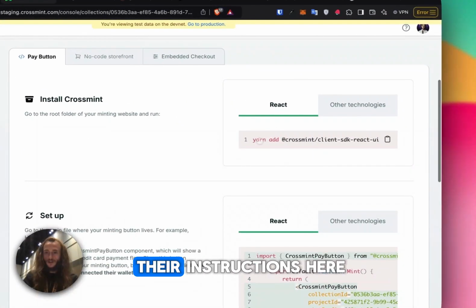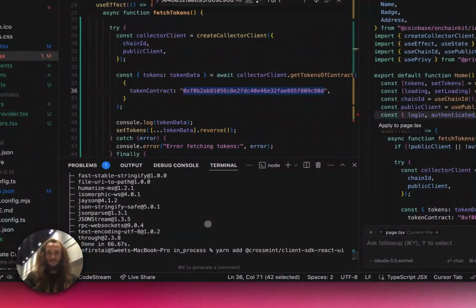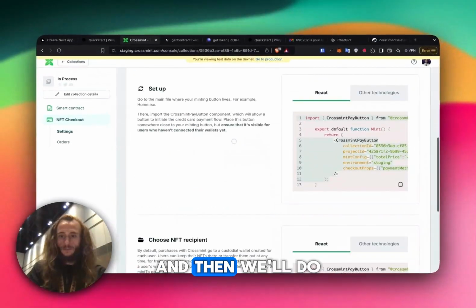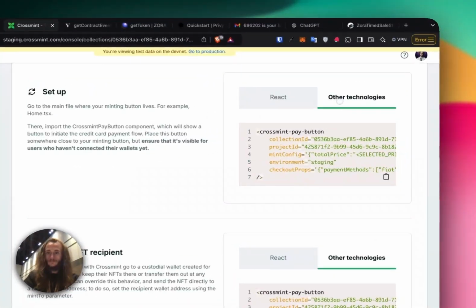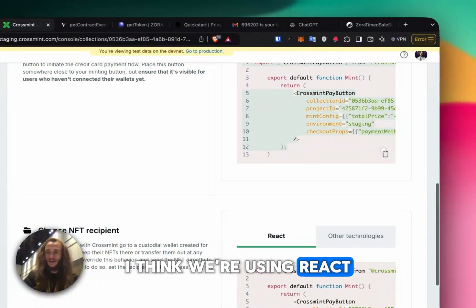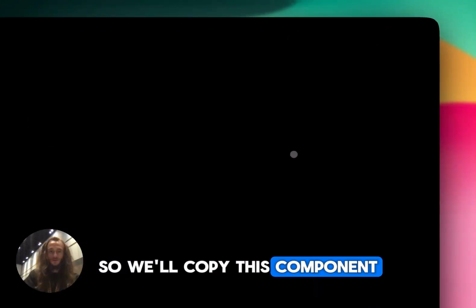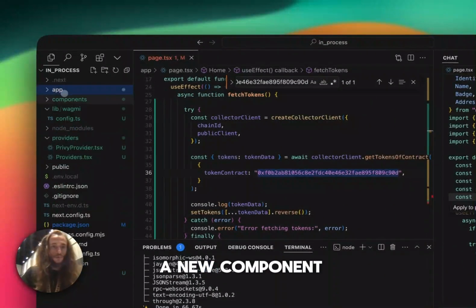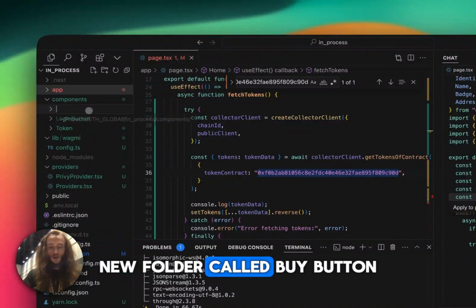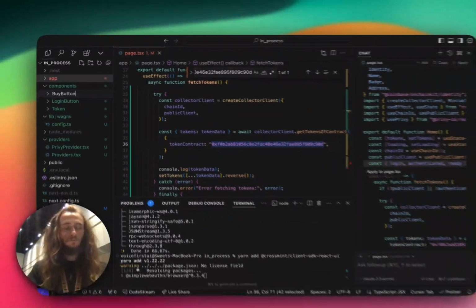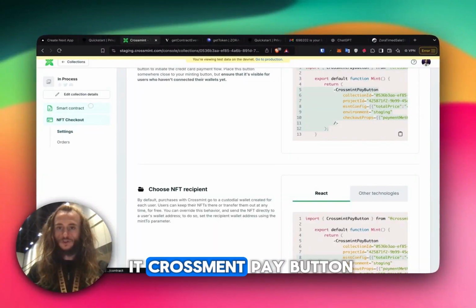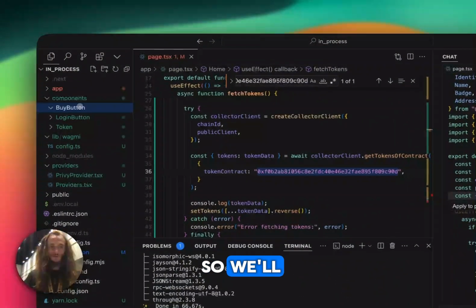So let's just follow their instructions here. We'll yarn add. And then we'll do the setup. What other tech is there? No, I think we're using React. So we'll copy this component. And now we'll make a new component, new folder called buy button. What are they calling it? Crossmint pay button. So